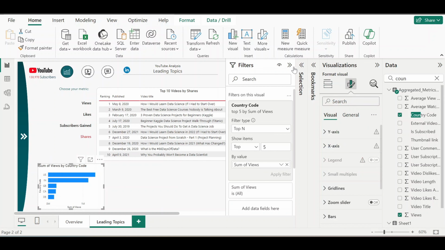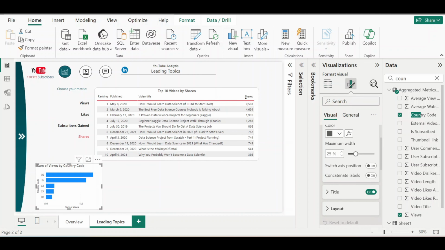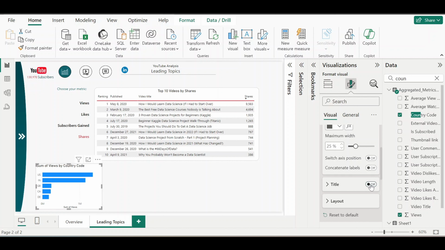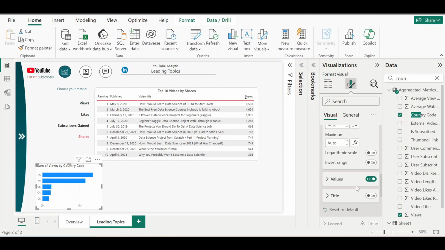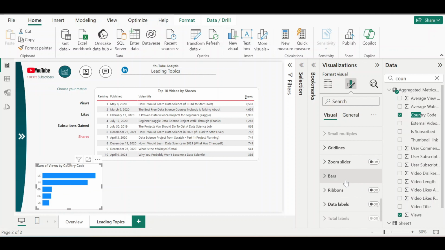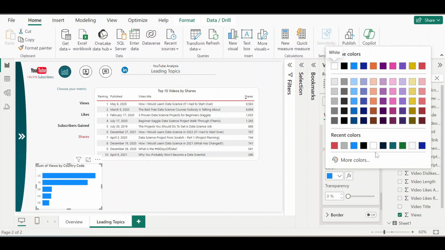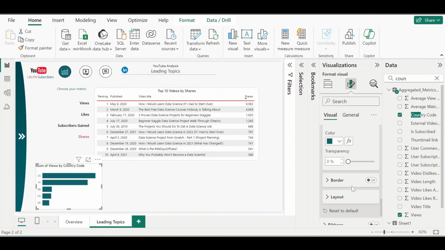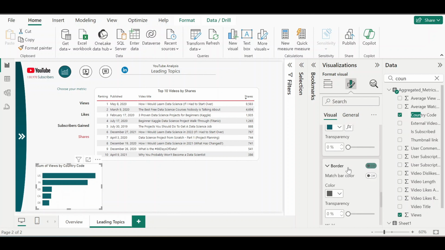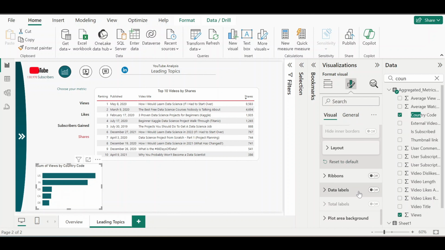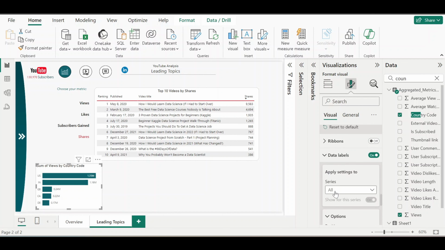Now we will format our visual. We don't need the title for the y-axis. We don't need the title for the x-axis, so I'll turn it off. And also we don't need the values. Similarly for the bars, we will assign it a green color, and we will turn the border on. Sorry, we can turn on the data labels like this,